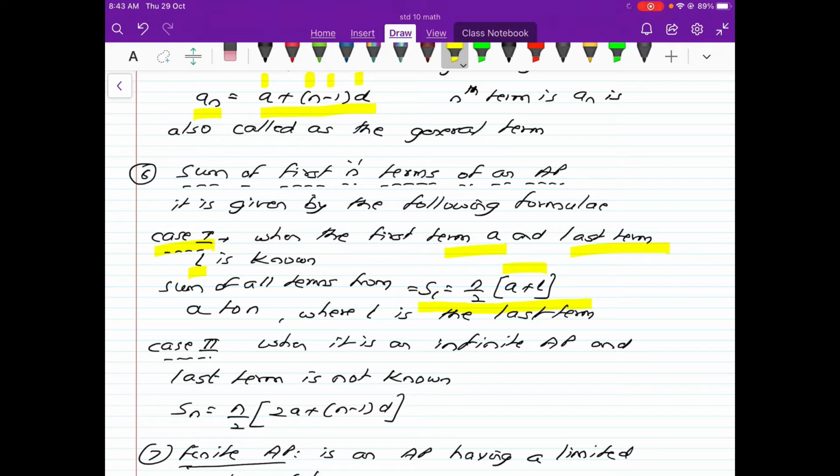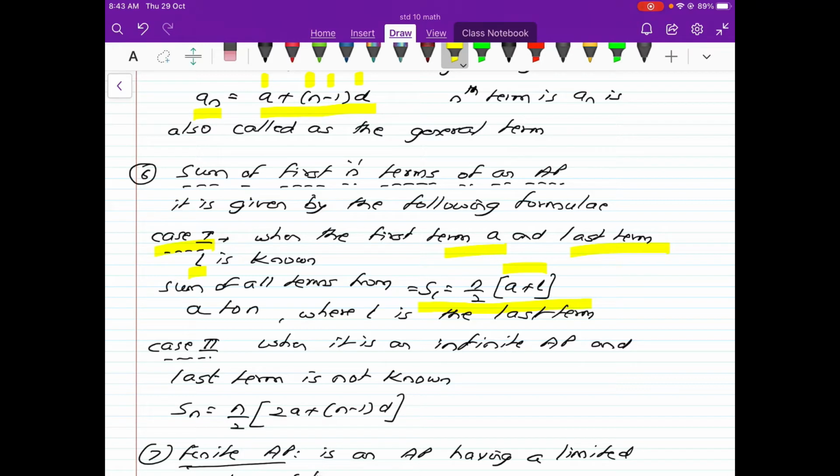For example, I want to know the sum of an AP. Now, how is that AP? The AP is like this: 2, 4, 6, 8, 10, 12. So, it is an AP of even numbers. Now, even numbers are endless in this world. But if I want to know the sum of the first 500 even numbers,